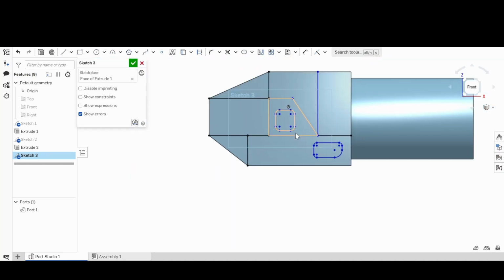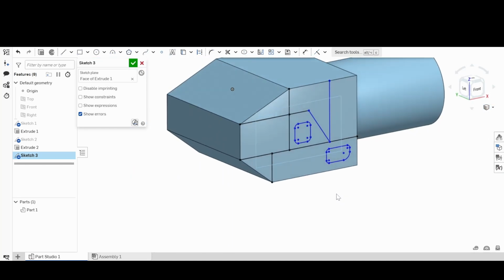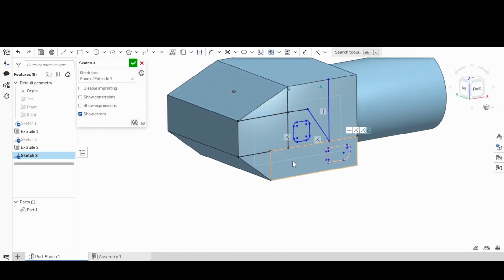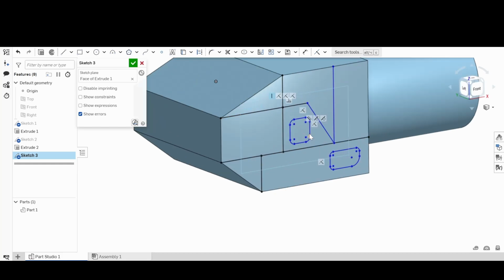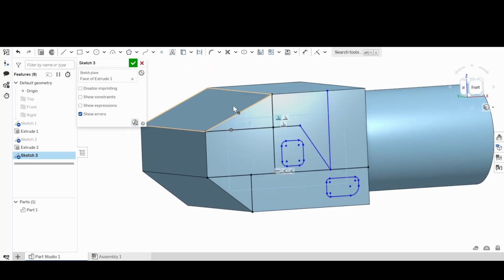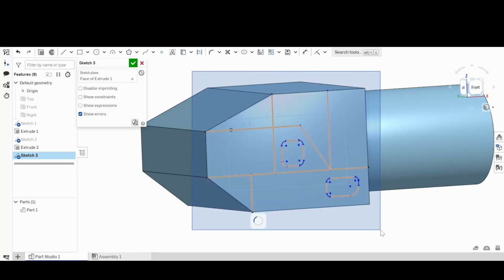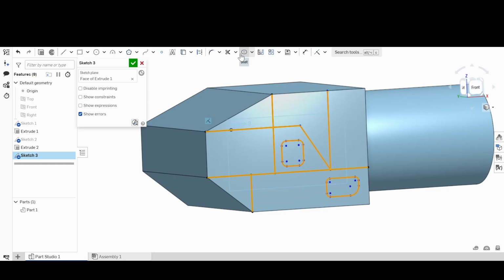All right, so here's my side, this particular side of this part. Here's my panel lines as I've laid them down. I'm happy with it. I'm just going to go ahead and now expand these. And the way that I go about doing that is I select them, and I come up here to the slot tool,